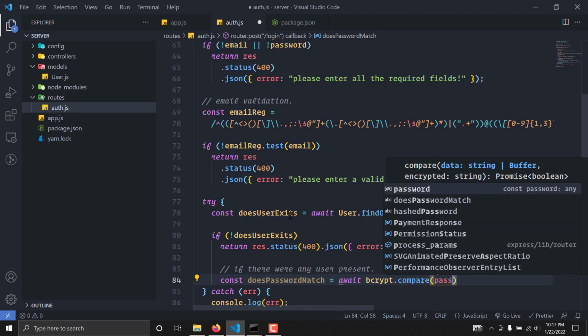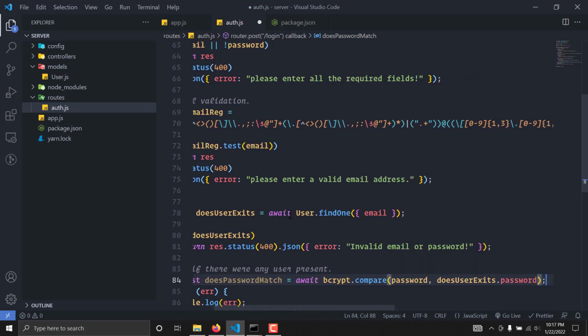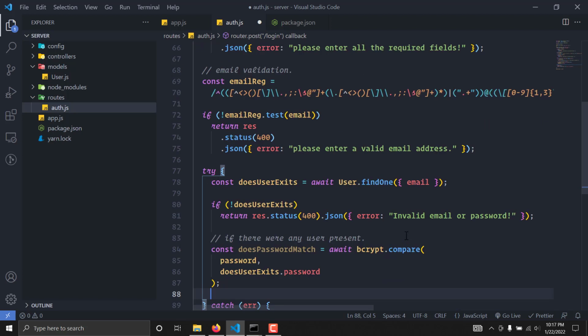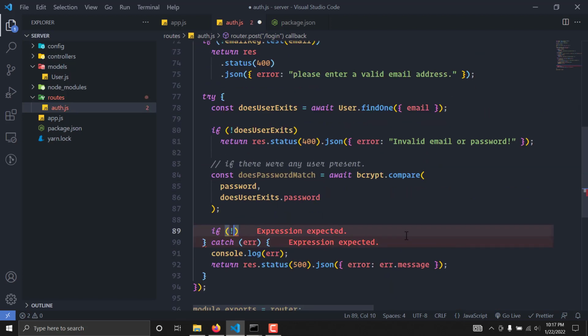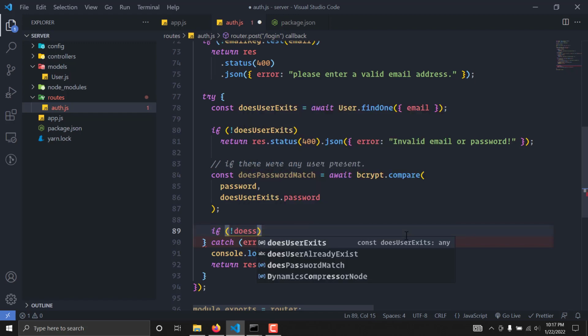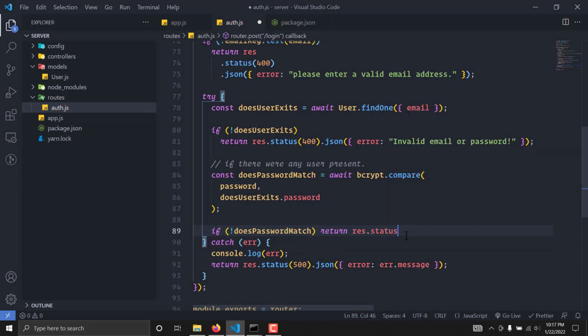So the plain text will be password, and the encrypted text will be doesUserExist.password. And we'll have a checking point here: if the password does not match, we are also going to send back a response of status 400 with the error message of invalid